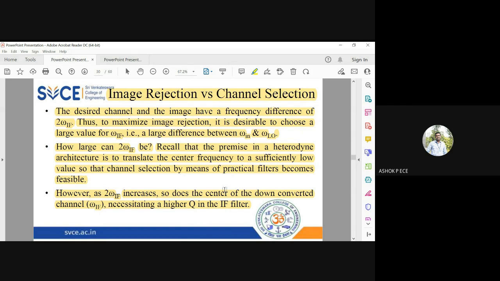So see, our goal is to reject the image, but when you go for conditions to reject the image, all other parameters are getting altered. So the complete circuit parameters have to be considered before even you think of